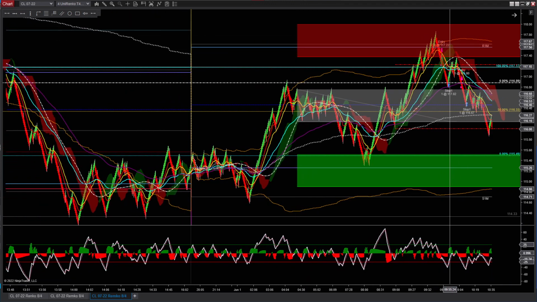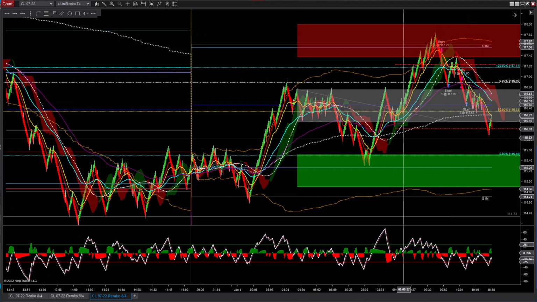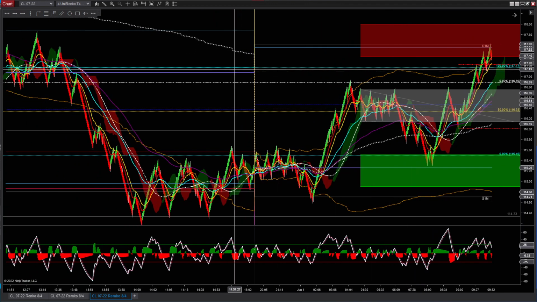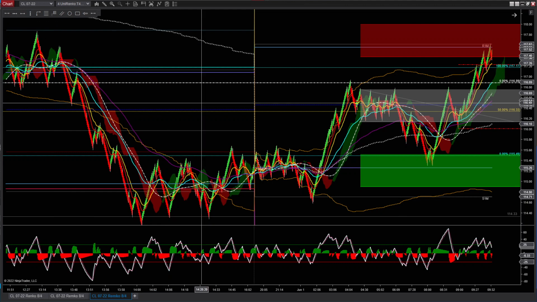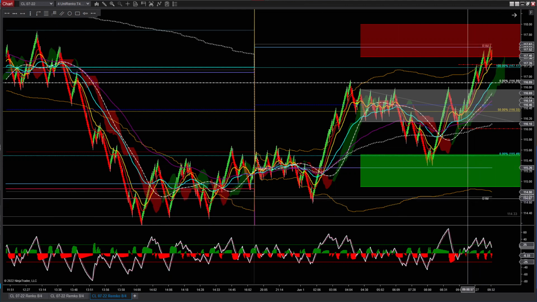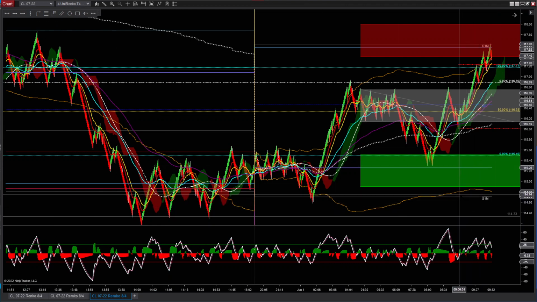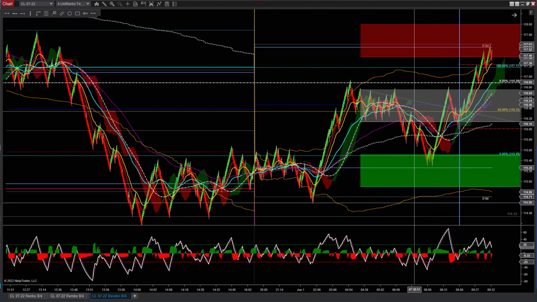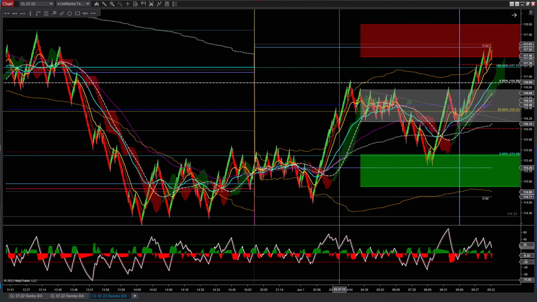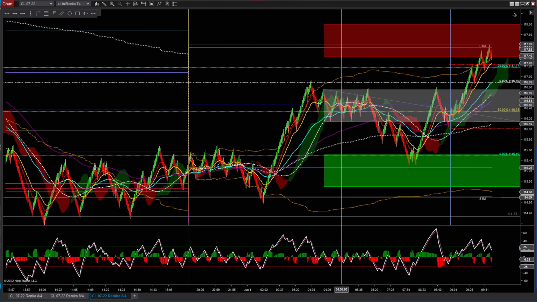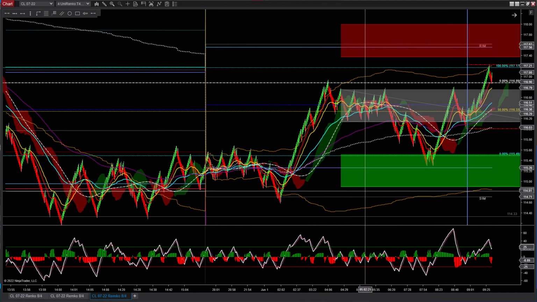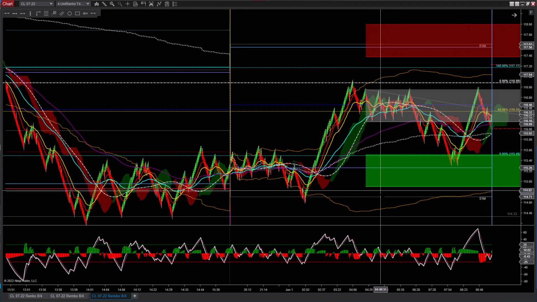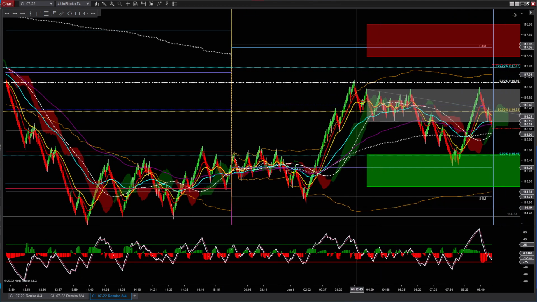Here are the 3 trades I made, so I'm going to explain them a little bit later. Here is what I saw. Crude opens at 9 a.m., so I'm going to put a vertical line right there. This is what you should be seeing right there. Okay, this is before the market opens.